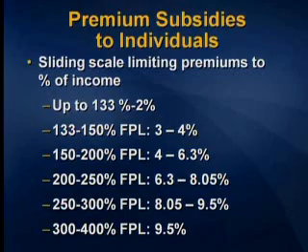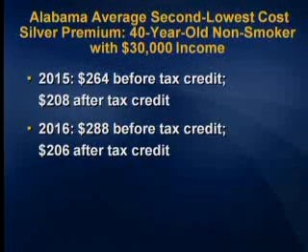Here's the average second lowest cost silver premium for a 40-year-old non-smoker. They can't also rate you on smoking. They can't medically underwrite you, but geography, there's a little variation, age, and smoking. They can give you a higher premium there. So if you look at somebody with $30,000 income, in 2015, for this silver plan, which is 70% actuarial value,